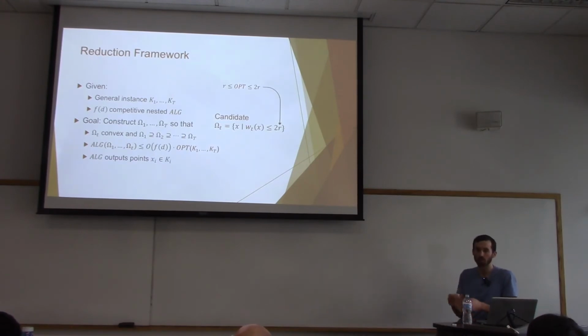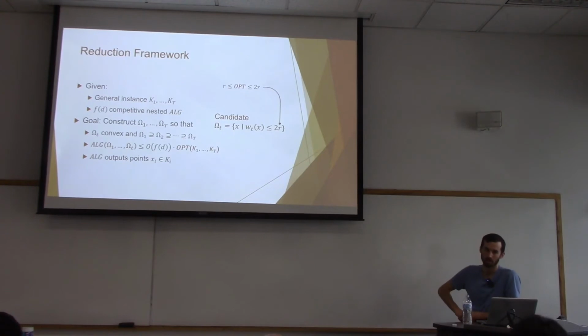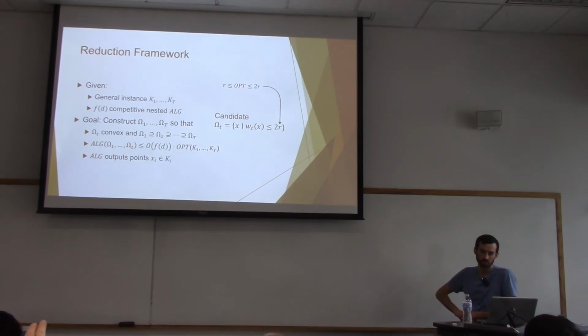The value of r is only changing when I get up to a point where, up to this point, I couldn't have, in the offline, gotten it in less than 2r. But the only thing that I'm recomputing at each time is the work function value of the different points. So because the notation says algorithm of omega 1 to omega t, but again, it doesn't take omega 1 to omega t because really